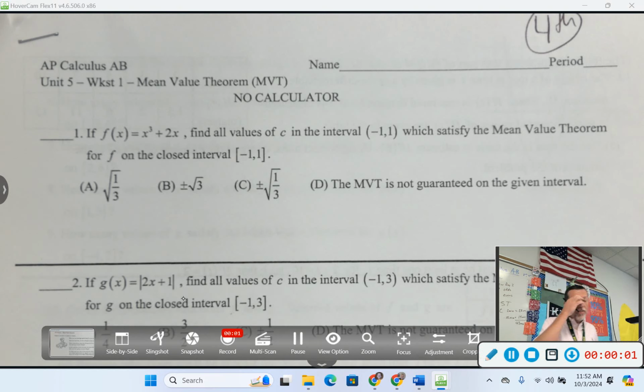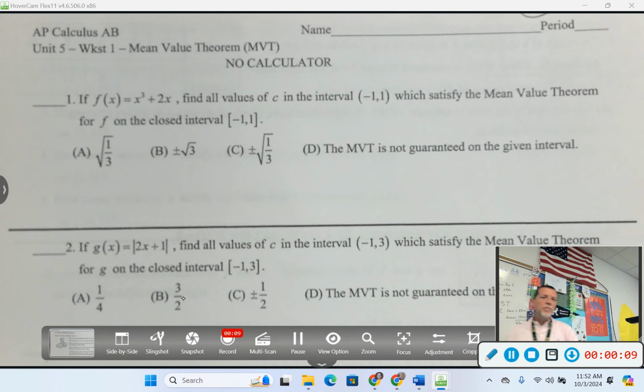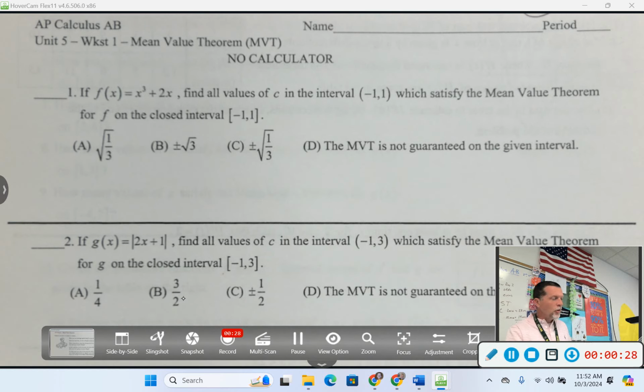All right, so let's look at number 1 and number 2. That's all we're going to do together, and then you can do however much of the rest you would like to. If you look down the first page there, 1 through 5, they're all set up basically the same way. They give you an equation, and they ask you to find all the places where the calculus slope equals the algebra slope. And they all have an answer choice